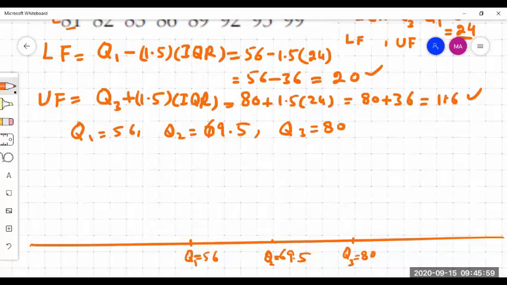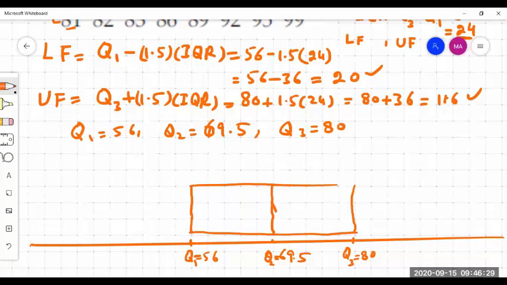And at these points, you draw vertical lines, right? Q1, Q2, Q3. At Q1, at Q2, you draw this vertical line. This one, and at Q3, you draw a vertical line. And then make a box here. So Q1, Q2, Q3, you write them down, draw vertical lines, and then make a box there, right? So this is your box. And now we have to draw its whiskers.